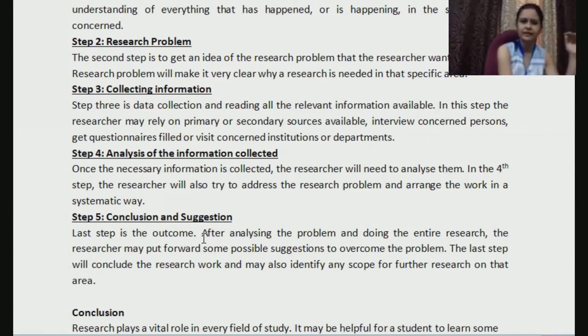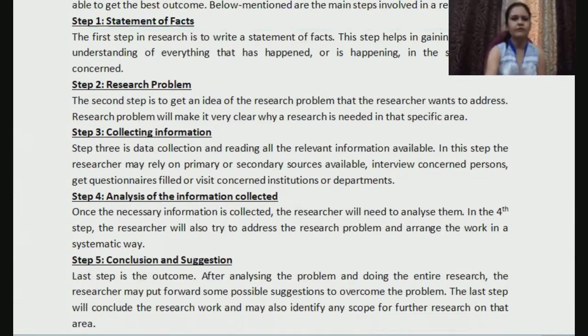Then the judges or advocates should not delay the matter for a very long time. It should be decided very quickly. All those steps you can provide, right? Those are your conclusion and suggestion. You finally conclude the study that yes, the criminal justice system in India is not working that great, and these are the suggestions by which we can try to fix this issue, right? So these are the five different steps which we have.